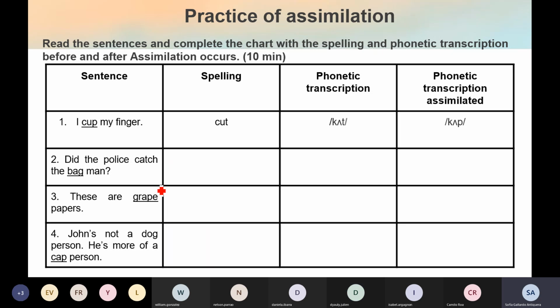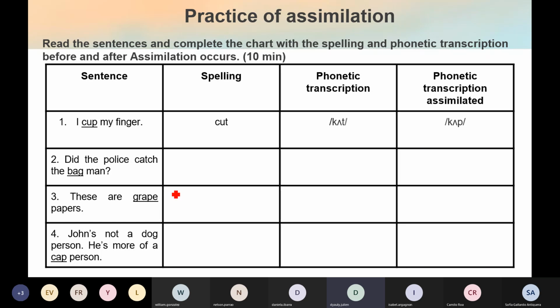I'm still not able to write, so if you can write it in the chat box, that would be great. It's because I forgot what the p is replaced with when you have this consonant. I forget the other consonant that we can replace it with. Oh, so you don't really know what the change would be? So what do you think the sentence would be with the correct word? Do you have any ideas? Let me read the sentence, then I will try.